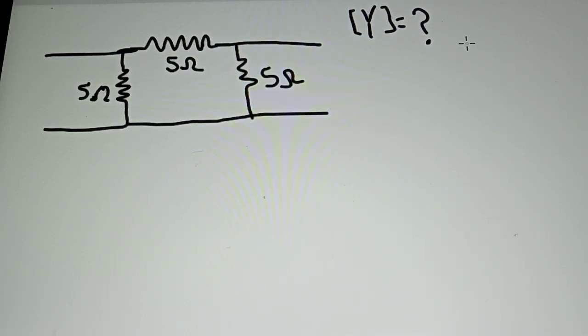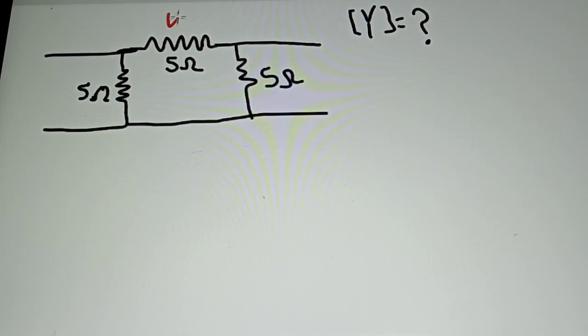In this series we'll be solving a lot of problems on network and we'll be seeing some really cool short tricks. So let's see the first one. Suppose you are given a circuit and you are asked to find the Y parameters. You can clearly see this is a pi network. Now if you want to find the Y parameters within seconds,